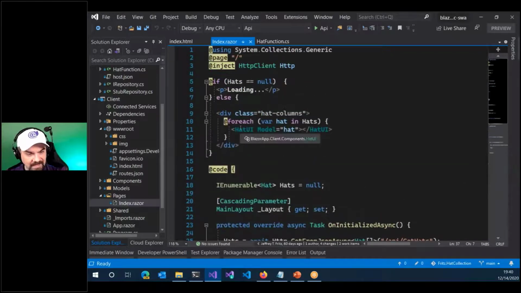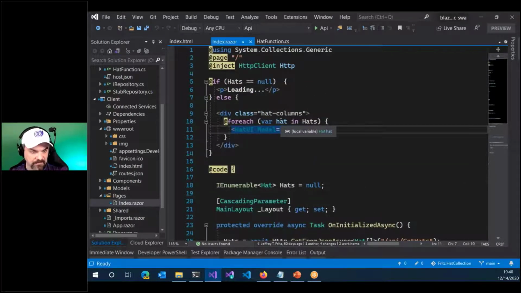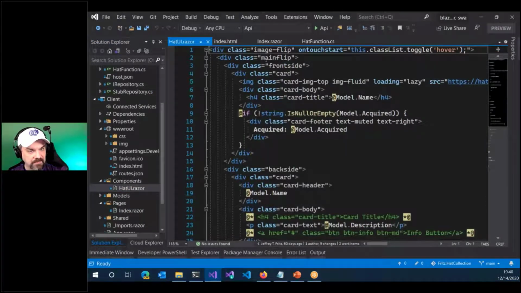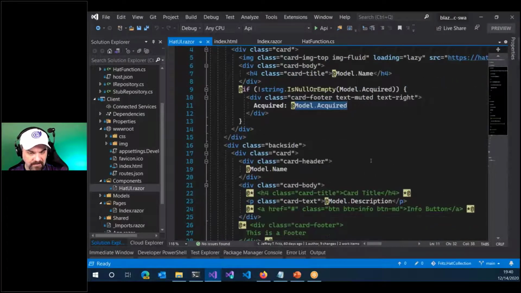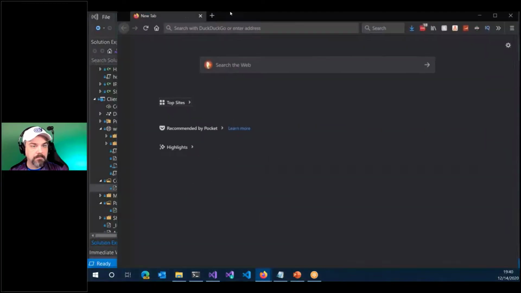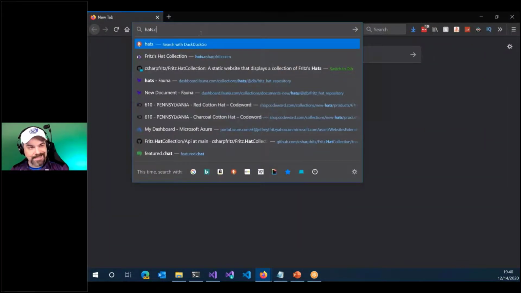Now, I have a hat UI object that I created here also. Rats, it's not going to jump into it for me. And it's a card that we're going to put on the screen. It has all kinds of information about the name of the hat, when I acquired the hat. Yes, all of my hats have descriptions. And I've got images for all these things loaded. So I'm not lying to you. My hats have their own website. It's true. If you go to